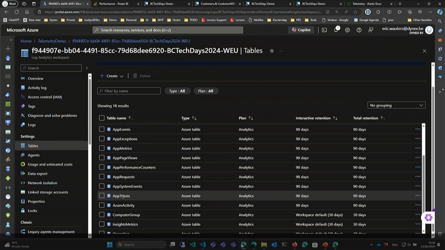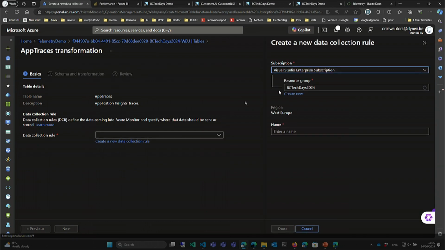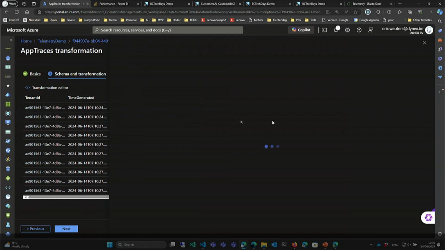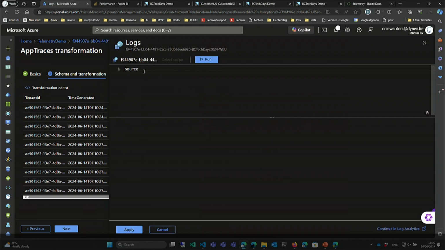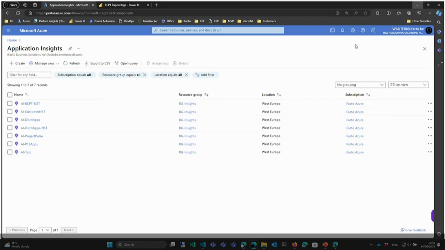What you can do here, right mouse click, you can create transformation. You can create transformation rules. So you can create a new rule that maybe says something like avoid telemetry, for instance. Done. Next. And then set up a transformation editor. This is again KQL that is going to decide which you allow. Yeah? That means